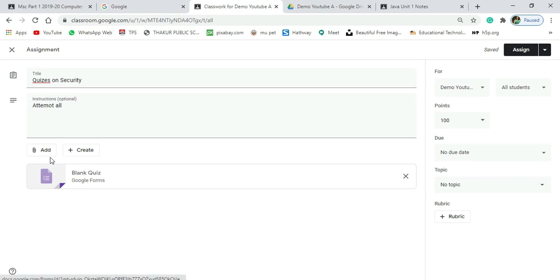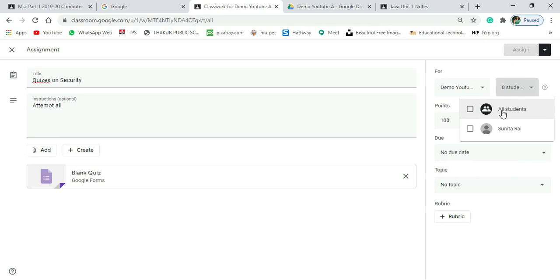Suppose you don't want to create a Google Form, you can click on this add button and you can select some other quizzes also. If you have ready-made quizzes in doc format or another format, then again you can select all students or the students whom you want to assign, and then grading.